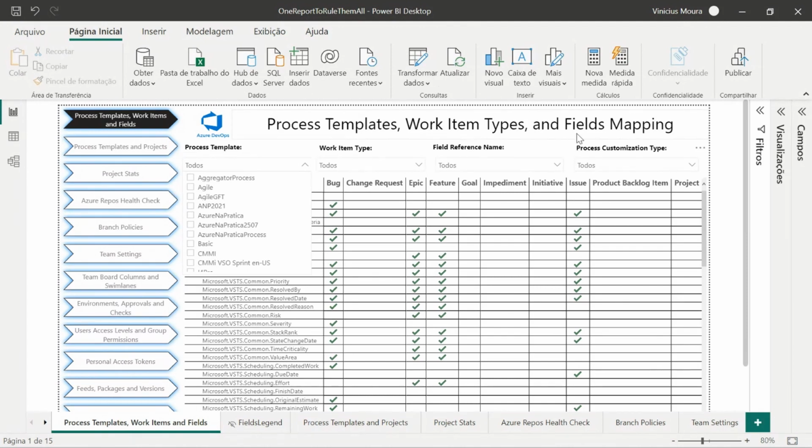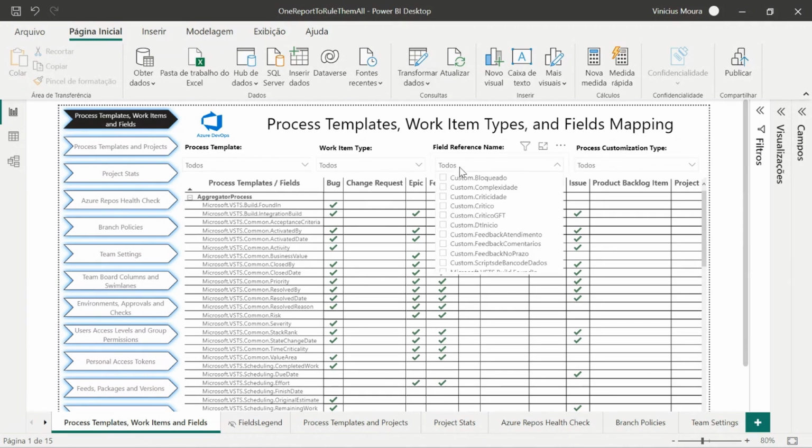But I know that when you customize a process template on Azure DevOps and create a new field on one respective work item type, the field name is custom, normal, custom, blocked, etc.